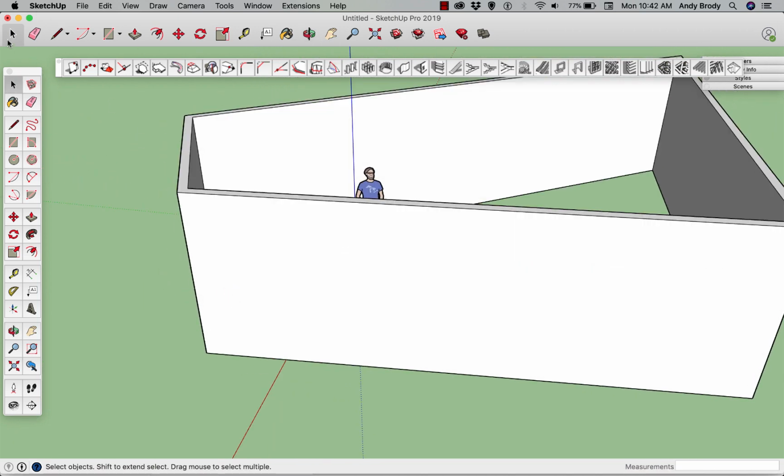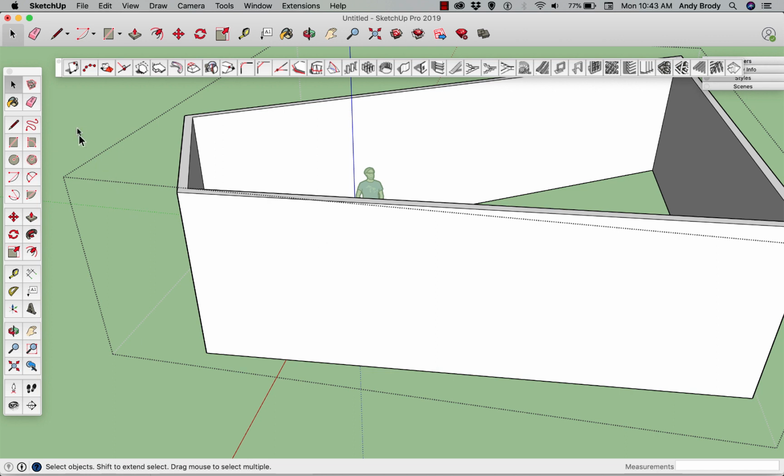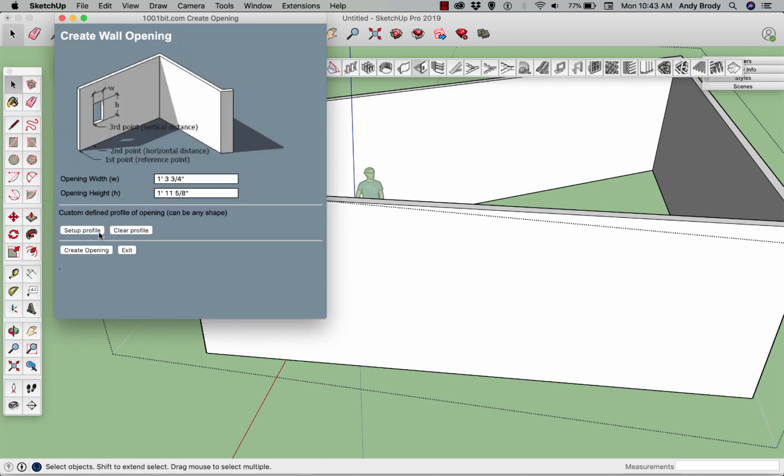And what's cool about that, they come in as a group that can be edited. You can also use one of the other tools. It's right next to Wall. It's called the Opening tool, and you can make an opening of whatever width you want, 3 feet by 5